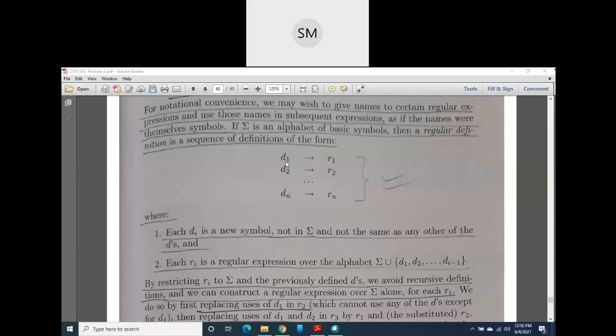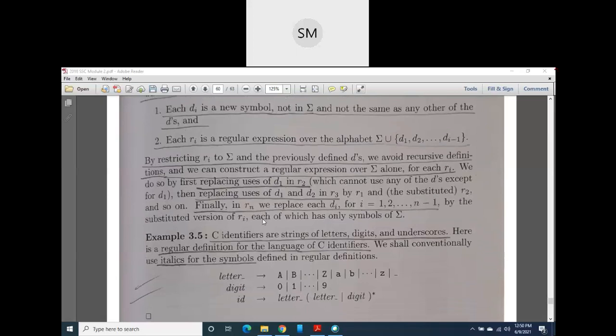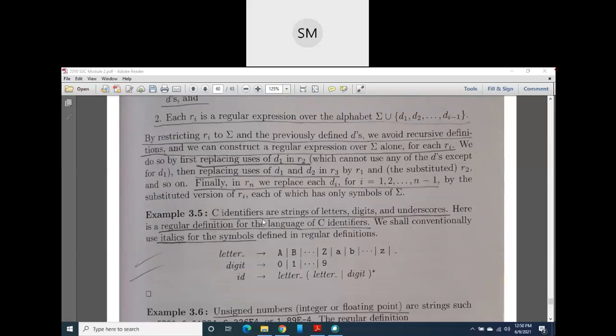The LHS will be the definition of the regular expression, so I call it a regular definition. It means it is a name given to the RHS. What is the RHS? A regular expression. The LHS is a name given to this regular expression. Okay, now we will see some examples, then you will understand it better.